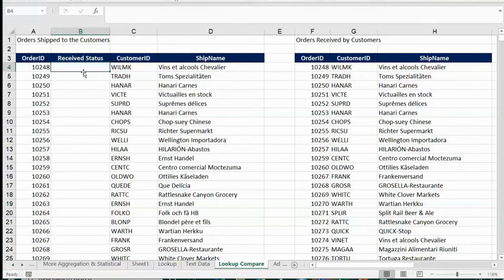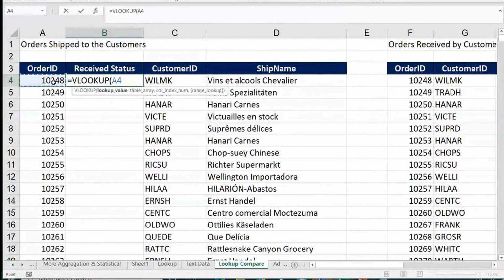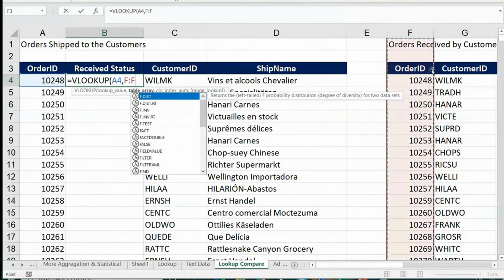So what I do, simple VLOOKUP equals VLOOKUP. Lookup value is this, comma, table array. Where do we look this, guys? In this table, right? F to F. One column is enough. Am I right? Because am I retrieving any information here, guys? No, right? I'm not retrieving any information. I am just searching. If it is there, you bring me the order ID only. If not, give me an error. The error says that the value is not available. As simple as that.